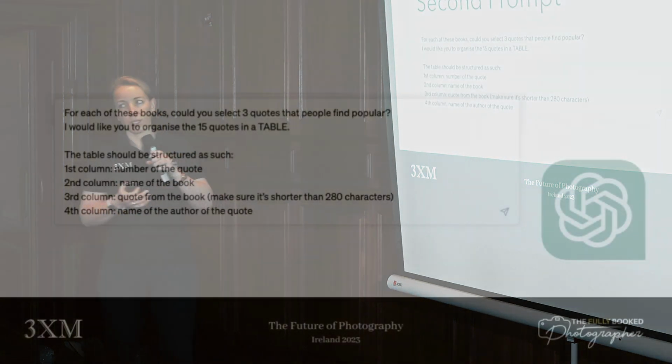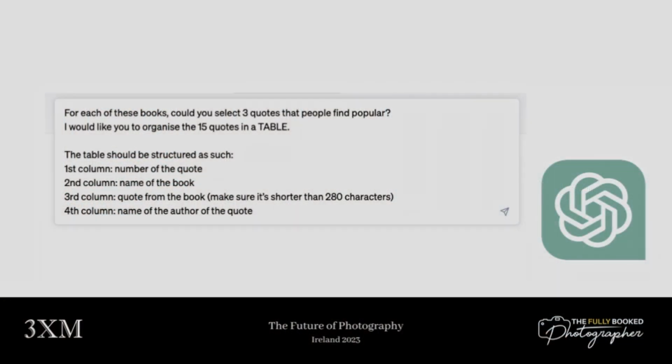And then I'm going to follow up with a second prompt. So I'm going to ask ChatGPT to select 3 quotes from each of the books that people find popular. And I'm also going to ask it to put it in a structure that's going to help me to create these posts then automatically. So I want it in a table with 4 columns, one for the number of the